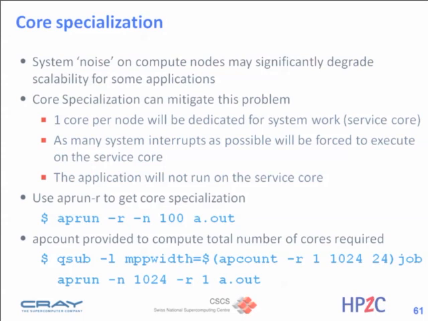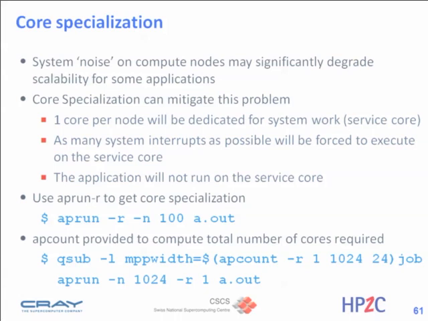In some cases, the system noise, although Compute Node Linux is designed to minimize the effect and interference from the operating system, is significantly affecting the scaling of your application. So what ap run allows you to do is to say: OK, I have 24 cores in my node. I want to use only 23 cores, and I want to leave 1 core without running the application on that core, and that core is free to handle all the operating system